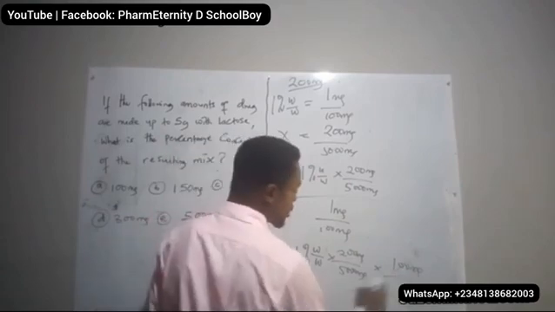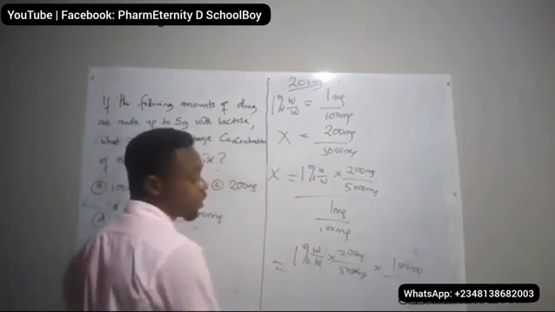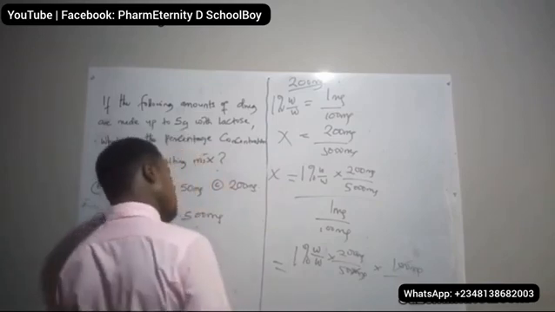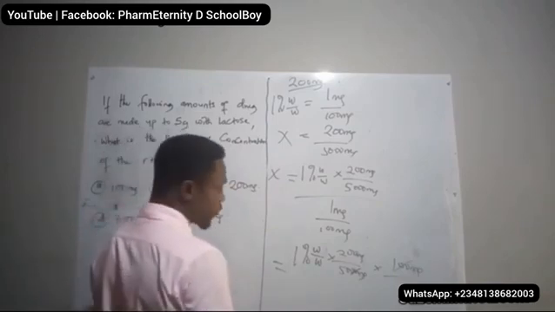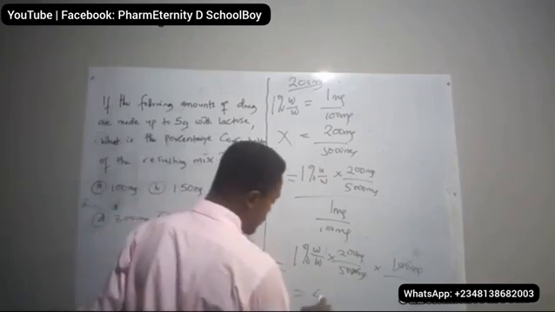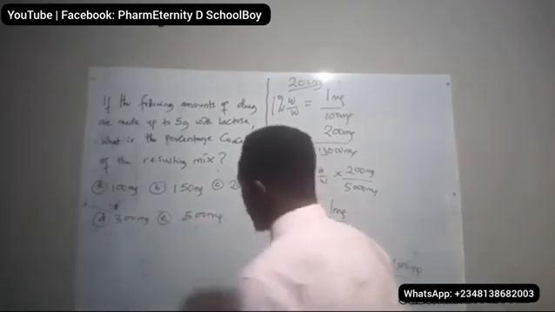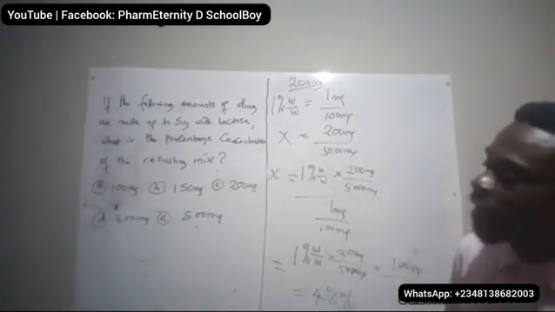So 0 will cancel 20 here, remaining 50. 50 divided by 200 will give us 4. Right? Yeah, it's 4. 4 times 1% weight per weight will give us 4% weight per weight. The same thing happens here. What it implies is that